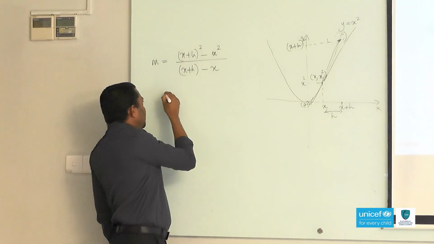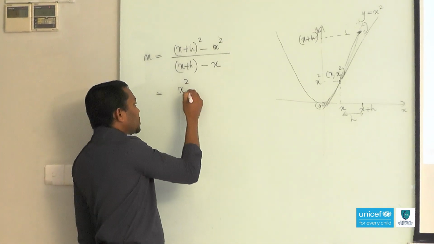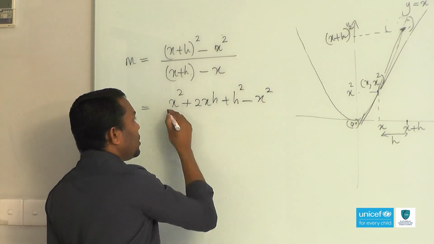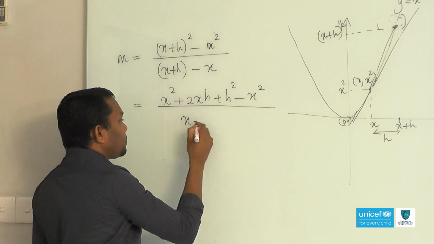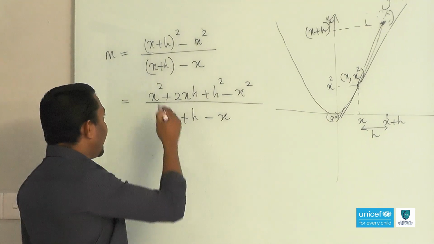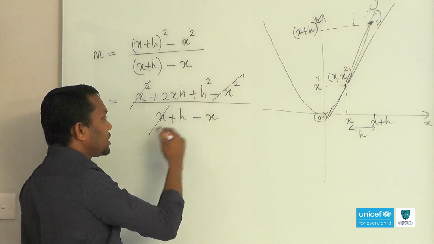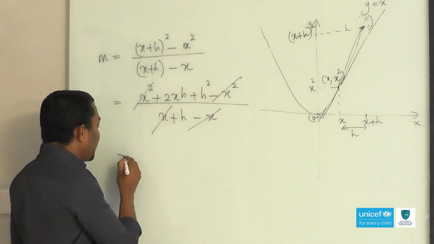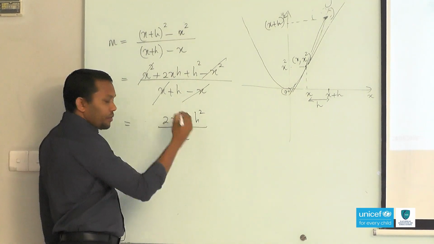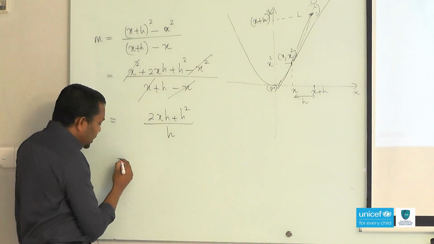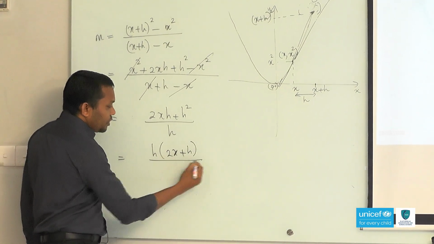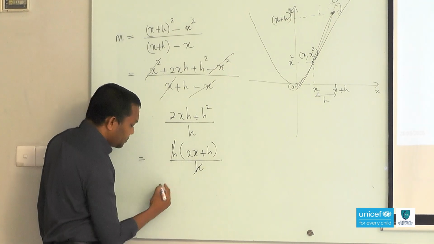Now, after algebraic expansion, the numerator becomes x squared plus 2xh plus h squared minus x squared, divided by x plus h minus x. There are some simplifications that we can do here. x squared and minus x squared cancel out, x and minus x cancel out. This gives you 2xh plus h squared divided by h. Simple factorization on the numerator gives you 2x plus h times h divided by h, which gives you the expression